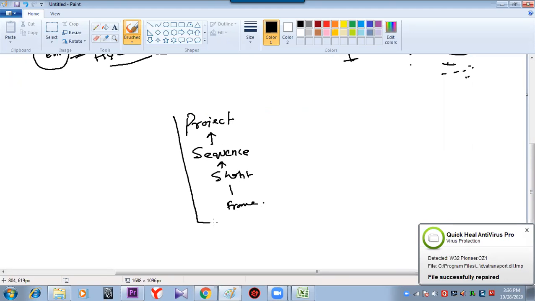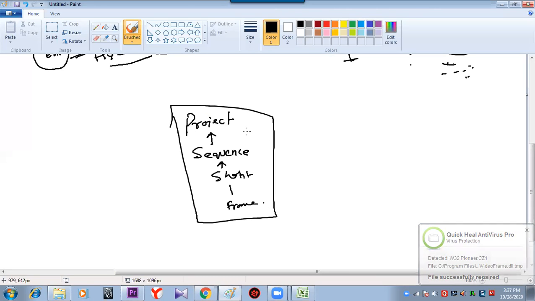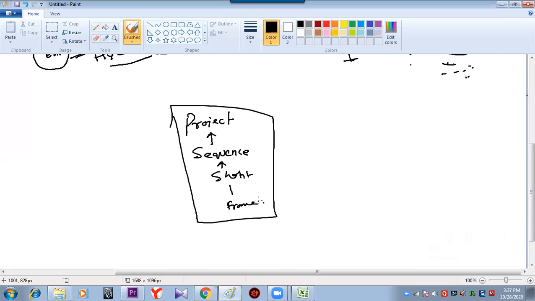This is how the building happens inside the filmmaking process, either a 30-second promo or a 3-hour movie. These are all combined together to form the final project. So frame, shot, sequence, project. The building block is the frame, the image. The basic element is your image.